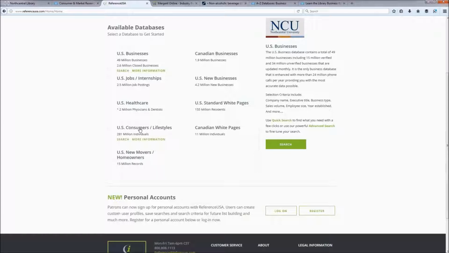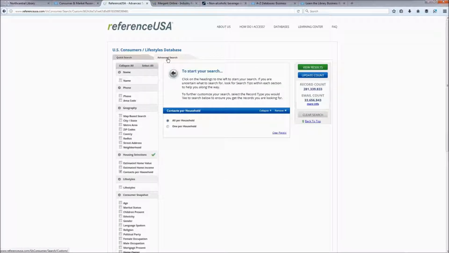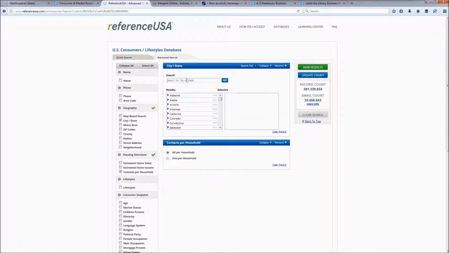We're going to click on U.S. consumers and lifestyle. And I'll demonstrate really quickly how we can drill down to get some really specific information in this database. Let's click on Advanced Search. And this does give you a lot of options to really build your custom search here on the left side of the page. We can, for example, select by geography. So I'm going to look for people in a particular area. I'm going to select Denver